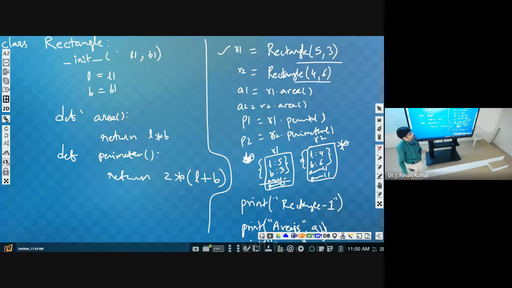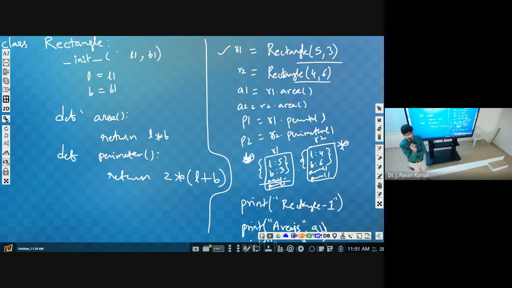So now we have learned what is meant by a class, right? What is meant by an object, what is meant by a constructor, right? What is the use of the init function? And whenever we create an object, what will happen? And how we can invoke functions of the class by using the object. Understand? You have understood all these things. Now just answer this question.